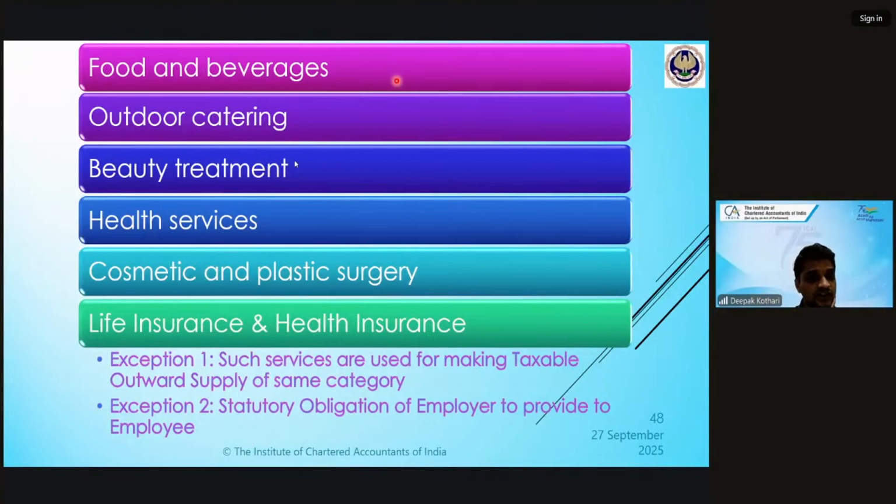Workman compensation, is it obligatory and can business claim credit? Yes, workman compensation is obligatory and they can claim the credit।